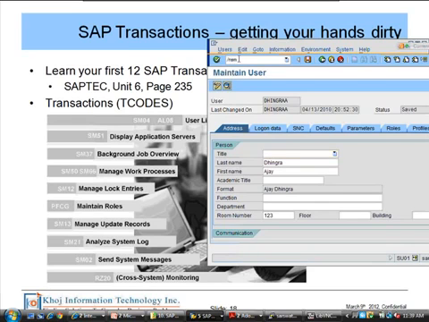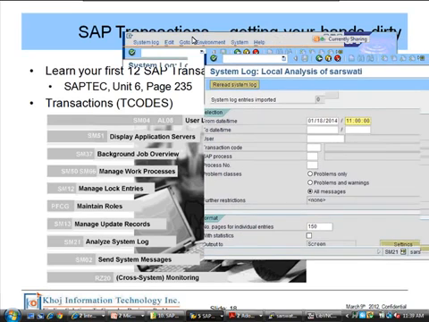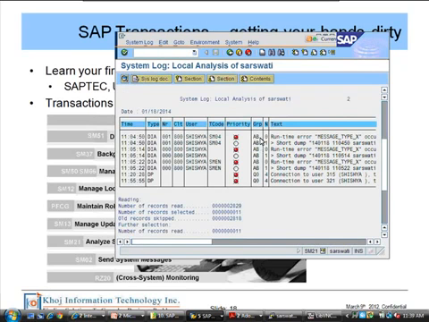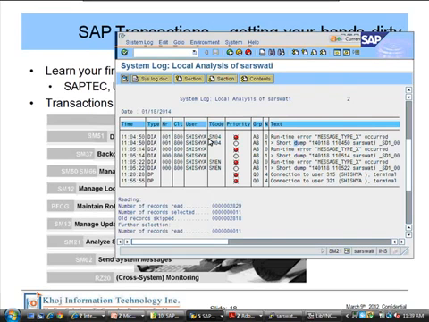SM21, I can look at the system log. From 11 a.m. onwards, it's showing me any messages. So if somebody had a dump, I can see that dump. Remember this dump was talked about, SM04, somebody was having it. Patrick was, I'm seeing it here in the system, SM04, dumping for user Shishya. But only for him perhaps, because others are able to do so. Based on this, I can then figure out what's going on on his machine.